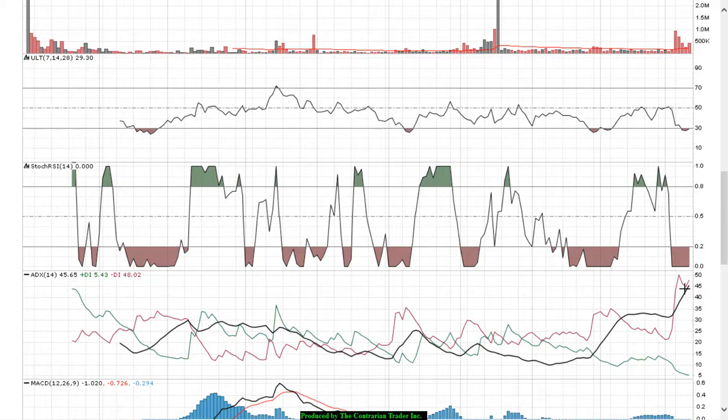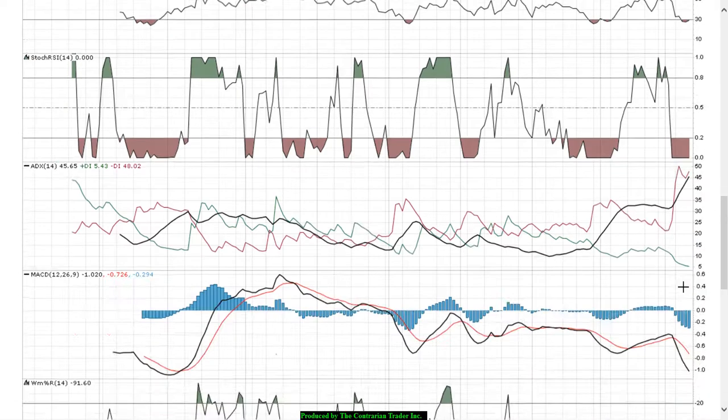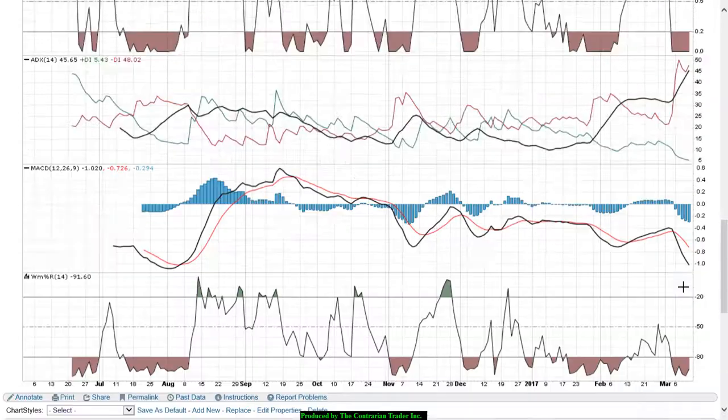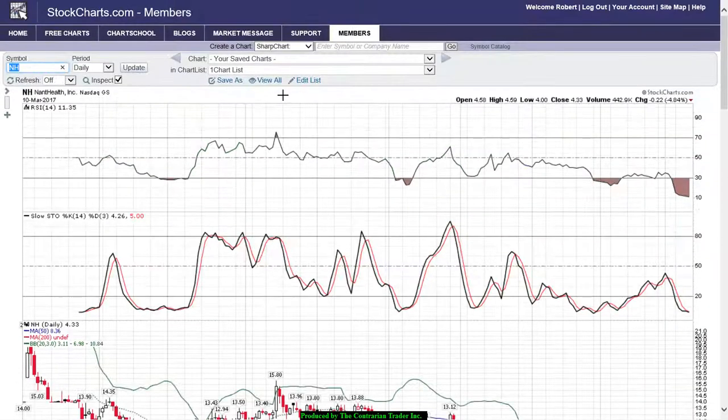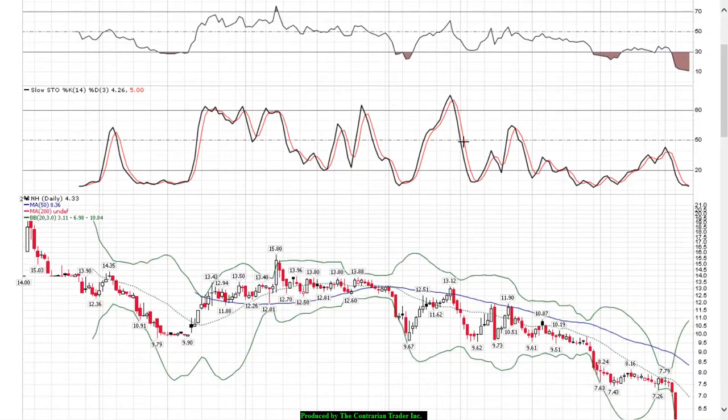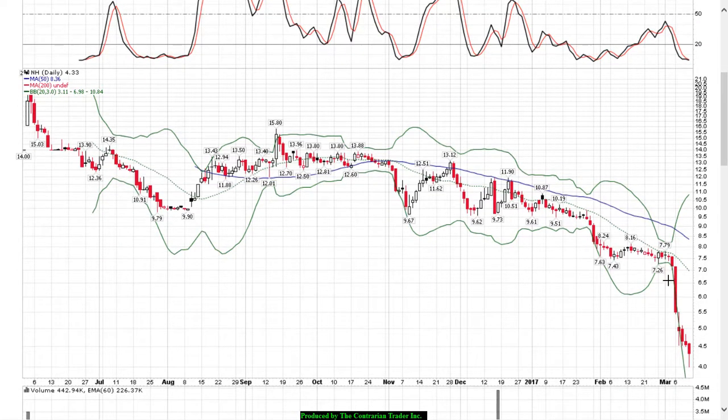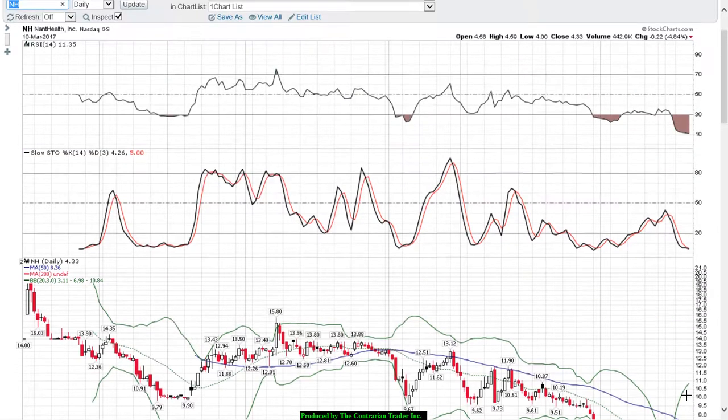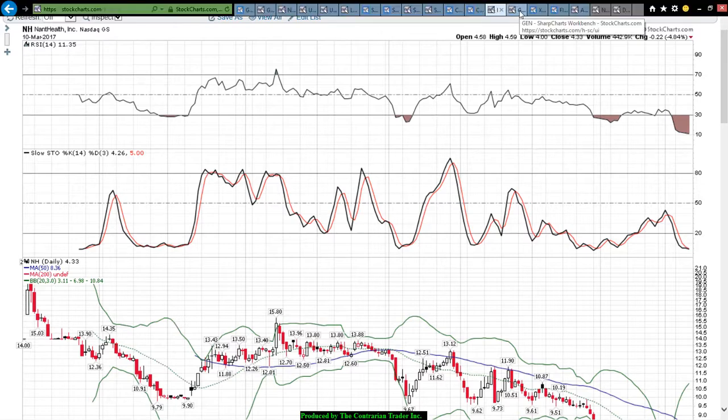We have a possible double top on ADX red, which is bullish for the shares, but it's not time yet to go buying NH. Now, that being said, could it spike higher on Monday morning? Sure, but the risk to reward entry point has not been met for our criteria, and this is what our bread and butter is: buying and shorting extreme oversold stocks and shorting extreme overbought stocks. So members, more to come.